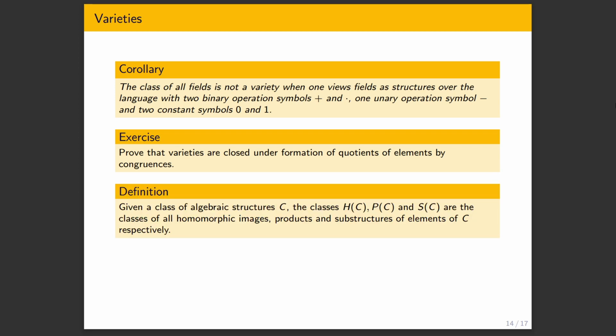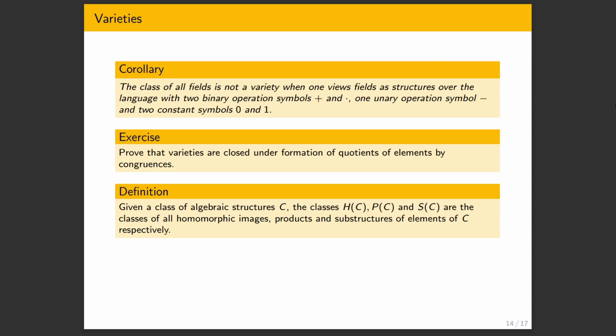So now, one very important theorem in universal algebra is due to Birkhoff, and it has to do with these class operations. We have a class of algebraic structures in the same language. Whenever I say algebraic structures in the talk, they're always in the same language when they're on the same slide, in the same bubble here.